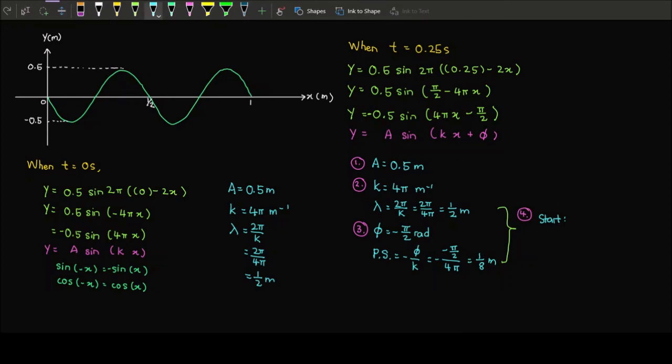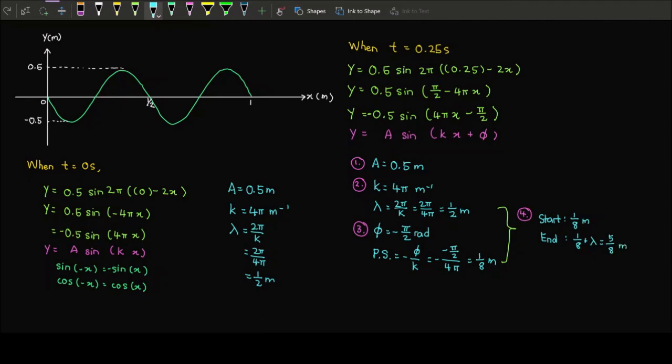If you copy the phase shift, then your answer will be 1 over 8 meter. Then your end, because you draw it for one complete oscillation only, from the start you add on a length for one complete oscillation, the wavelength. Then your answer will be